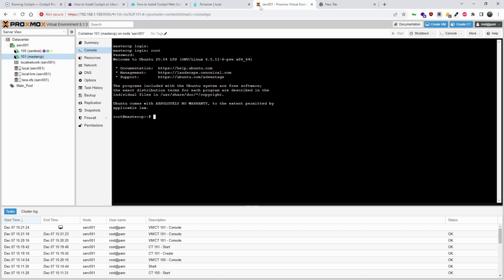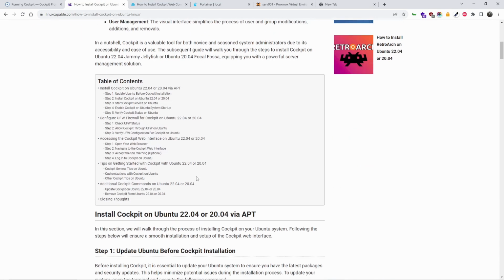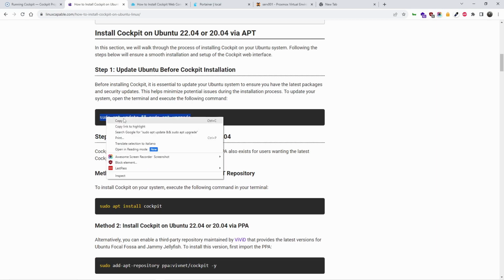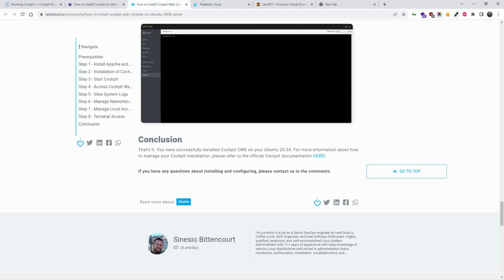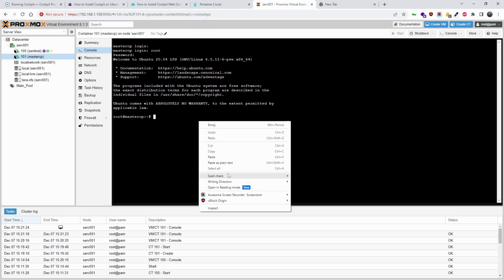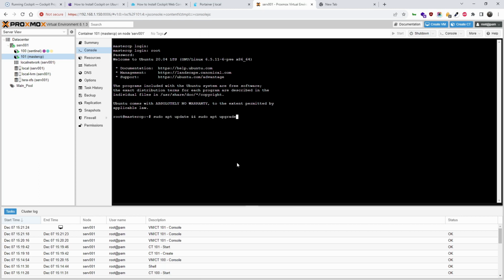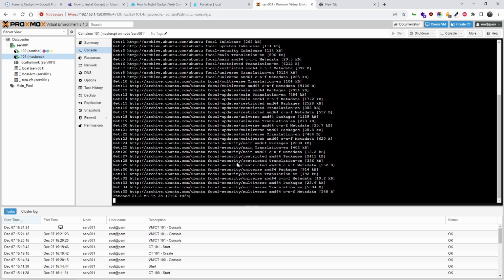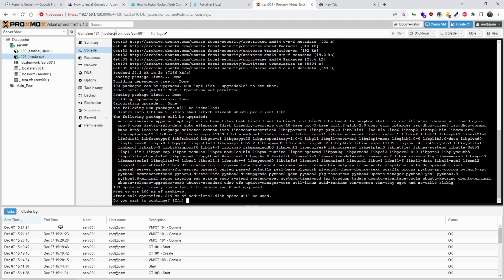So what we're going to do is, first thing you want to do is update it, really. I was looking at some of the stuff here. Let's run this one here. I mean, there are multiple ways, to be honest, you guys. Again, only because I copy sudo, otherwise I would never do that. I always forget to put sudo, and that's the reason why I started to do everything in root. There are many different ways you can install Cockpit, right? In fact, if you go to the Cockpit's